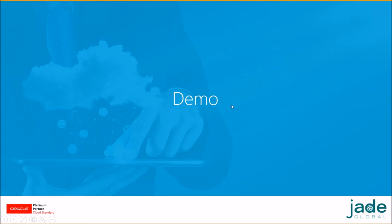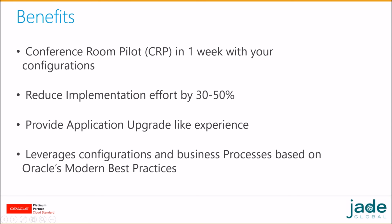Now I'll just summarize what we wanted to do out of this tool. First and foremost, our whole goal here is to reduce the implementation cycle. And we don't want to just look at a 5% or 10% reduction, which people can achieve with various other means. We are trying to get a significant reduction. So our target is 30 to 50% reduction,